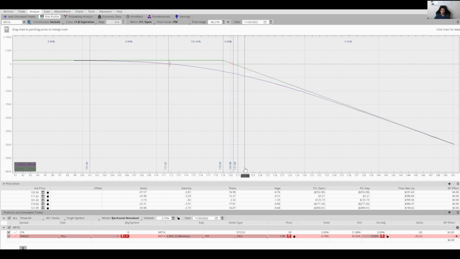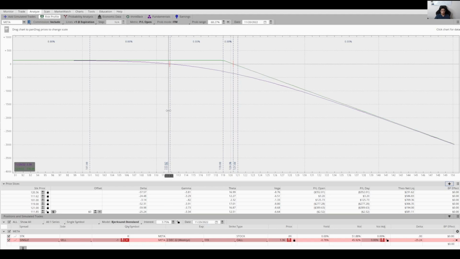In this case, you can see that no matter what area it's in, if the price went up to $117, which is very important, let me add another line. If the price went up to $117, if you look at the theta, that's $16.49. Now, why do you make a lot more theta over here than what you make here? Well, that's because the extrinsic value as the price goes down is closer to as if it had no value.